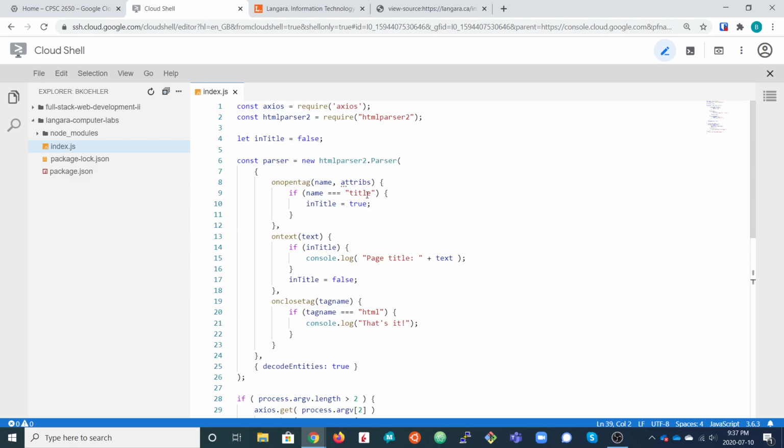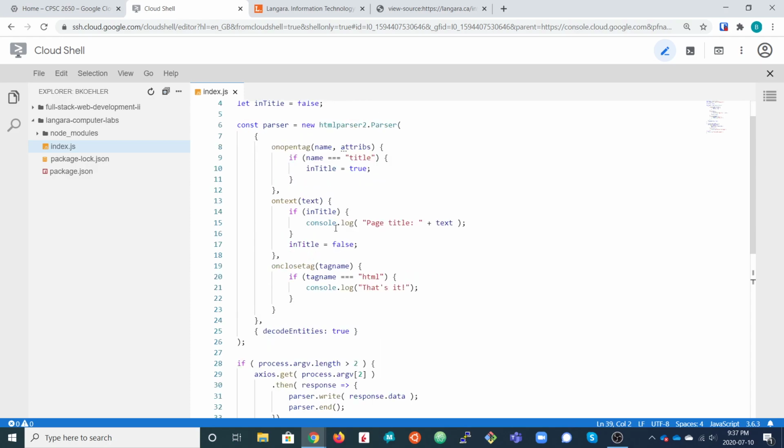We're really just interested in the title element. So when the parser encounters the title element, we set this state variable in title to be true, because on the next text event, we're going to know we're inside the title. So on the next text event, we can print out the contents of the title element, and that's exactly what we do.